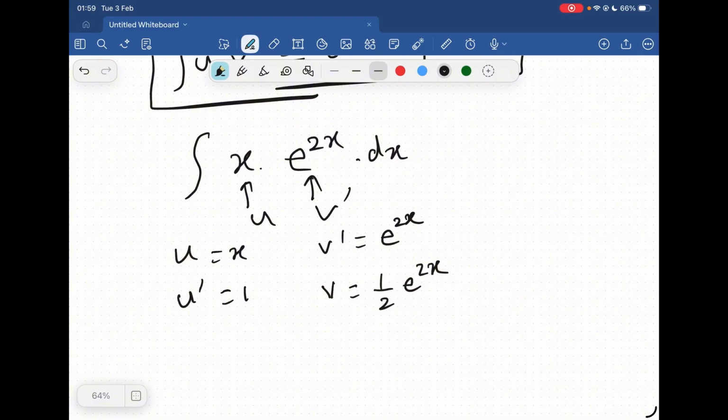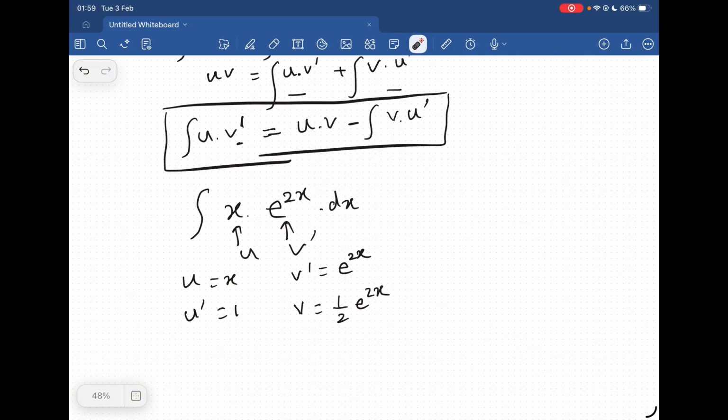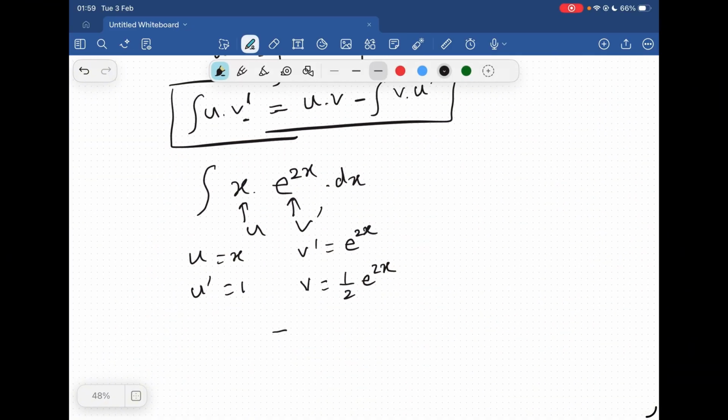And if you have difficulties to integrate this, please revise the integration by substitution, and this is a very simple method. Now since you have got all these values, just plug these values in and you will be fine with the answer. So what you need: u is x,